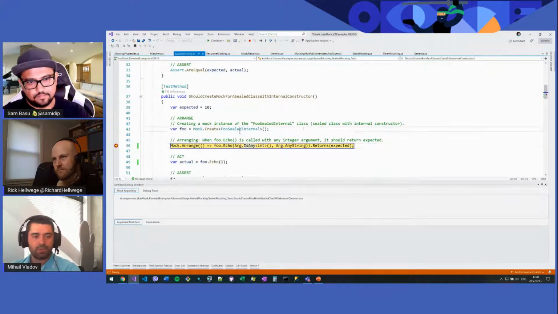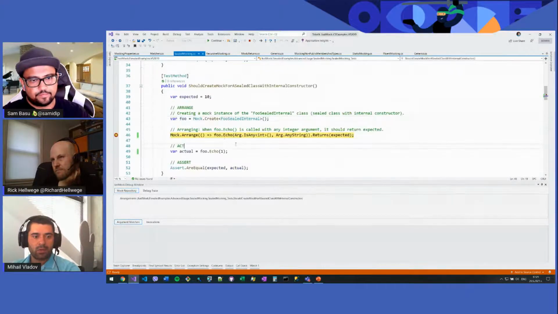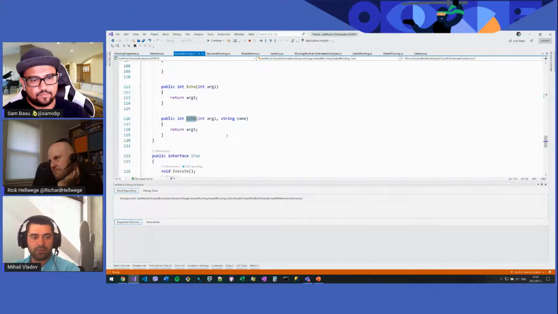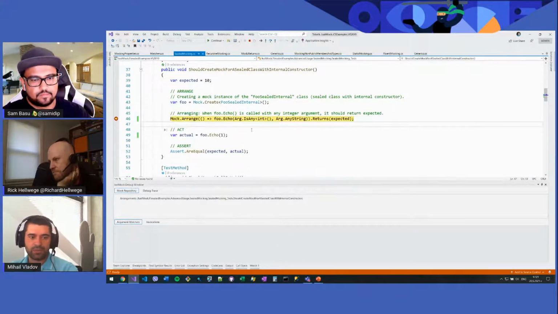Okay, so for this example, we are using the Foo internal class, which is a class you can mock. And we are arranging the echo method, which is accepting 2 arguments. So it is a pretty simple example, but it demonstrates what we can do.